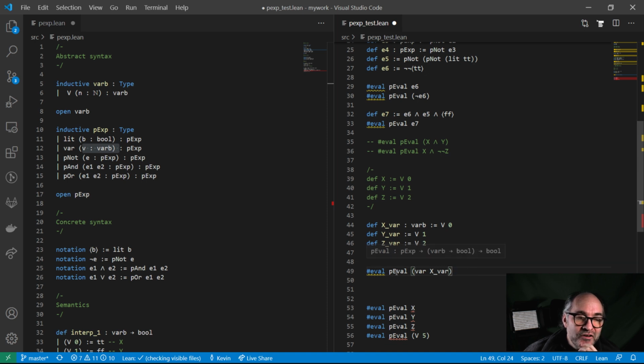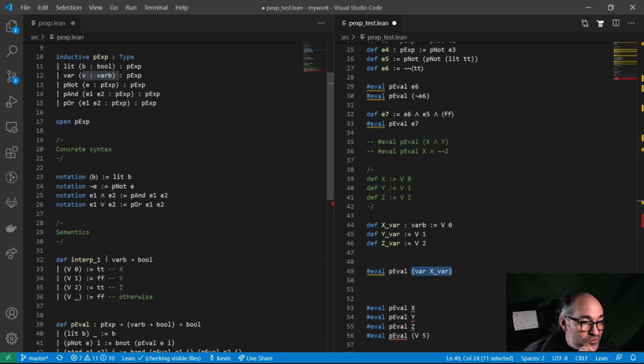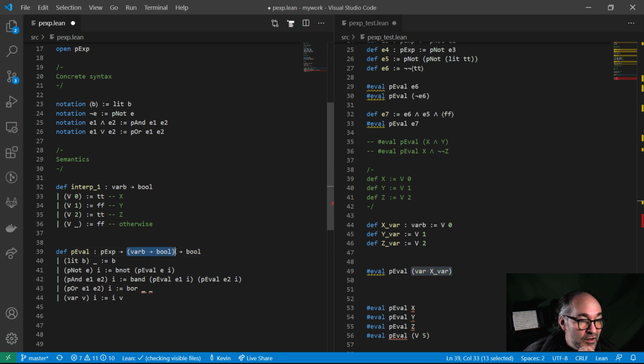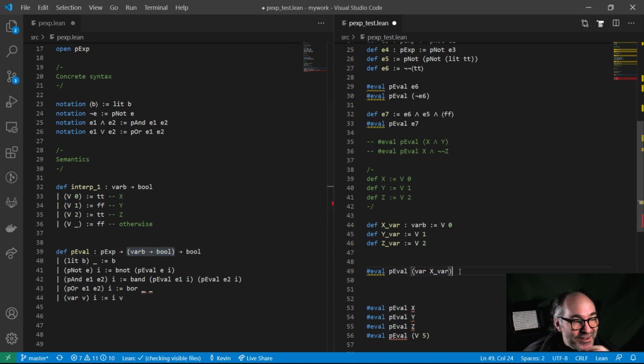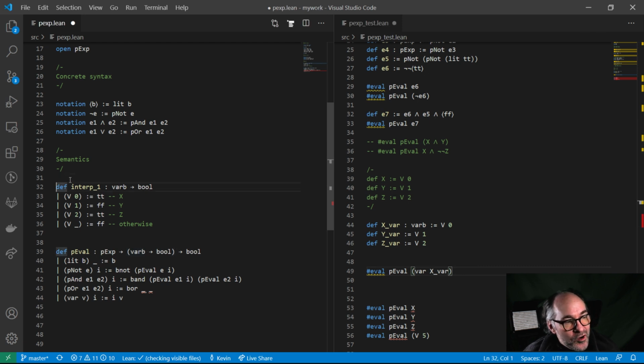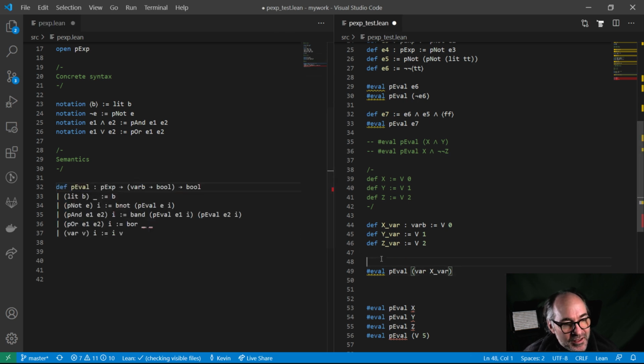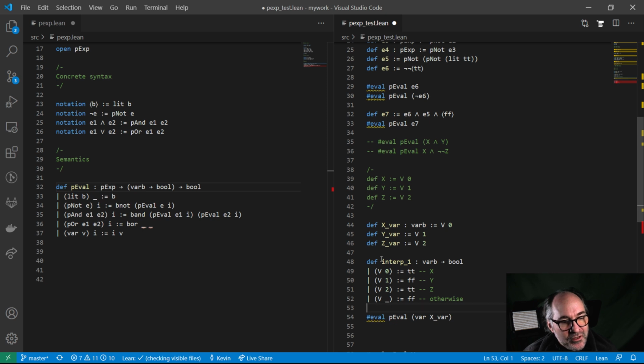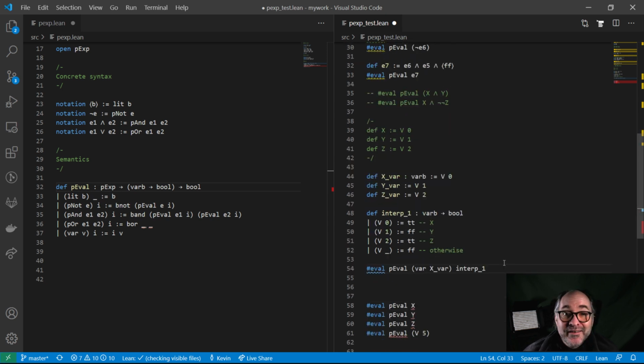Well, this is a partial evaluation. We're evaluating p-eval applied to an expression, but really to get a result, we need a second argument here, an interpretation. Aha! Okay, so let's take this interpretation over here because it's really more of a test example than anything else. We'll put that interpretation right here in our test file, and we'll pass this particular interpretation to this evaluation expression. And now it's going to work. What's the value of var xvar? This is a variable expression in our language. Okay, under